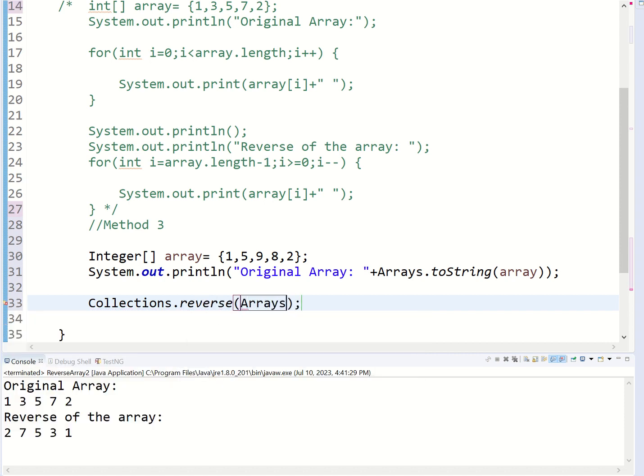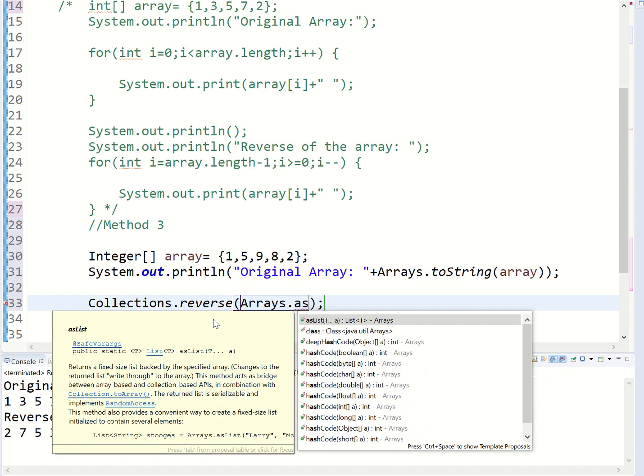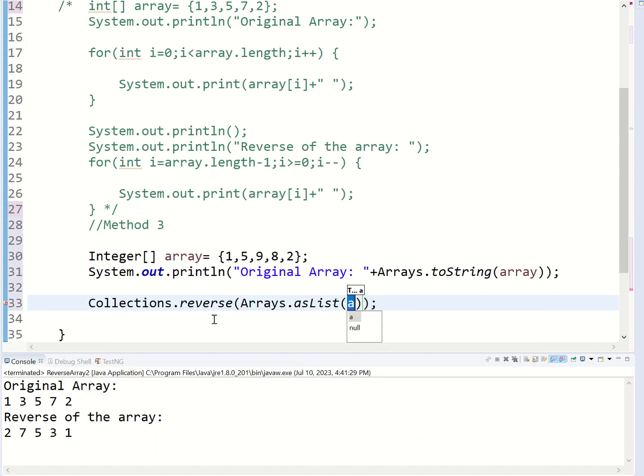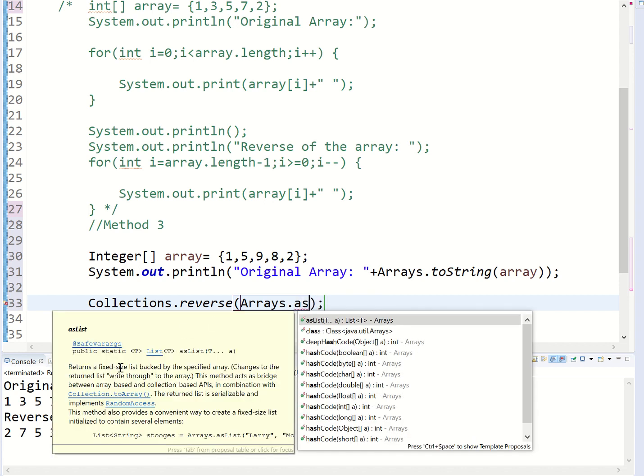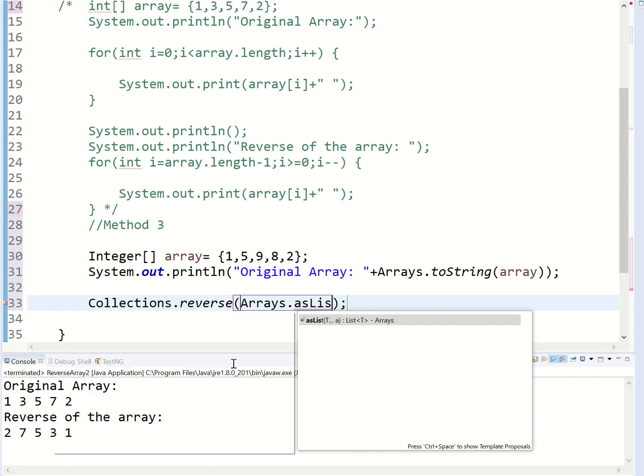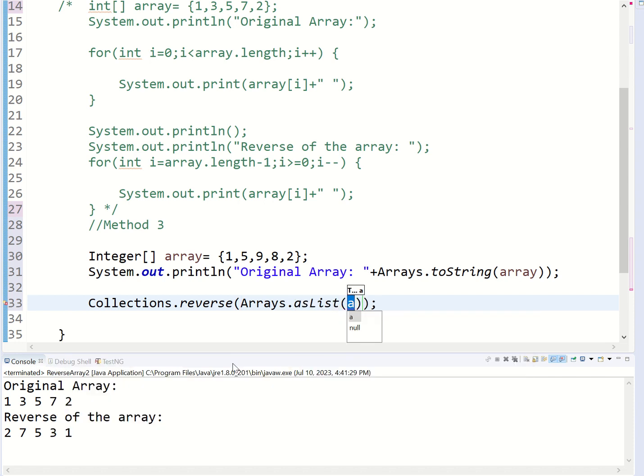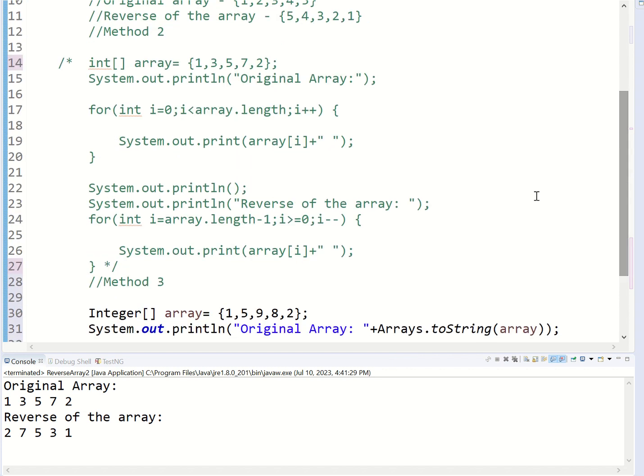And I'm saying Arrays.asList. What will asList do? Let's see that here. Returns a fixed-size list backed by the specified array. So what I'm doing here with asList, simply I'm adding the array here. This is a very simple method, right? So I'm just printing